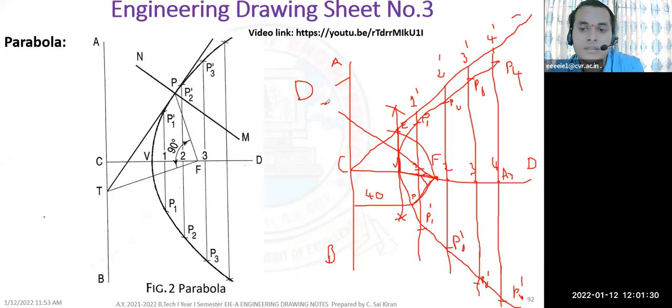PFT. Wherever it is touching the directrix, mark the point as T. The angle PFT should be 90 degrees. The angle of PFT should be 90 degrees. And from this point, keep again